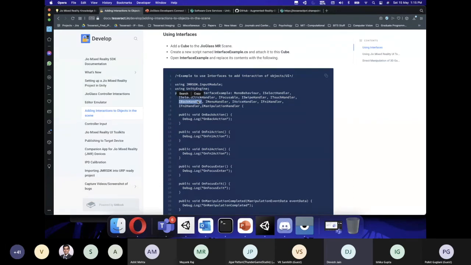So what happens is that the cat script is only triggered when I'm looking at that cat and I click on select down. When I look at the elephant and I do the same, I can trigger a specific functionality. And additionally, because you have put this third script anywhere in your scene and you've added a global listener, that will be triggered irrespective of wherever you're looking.